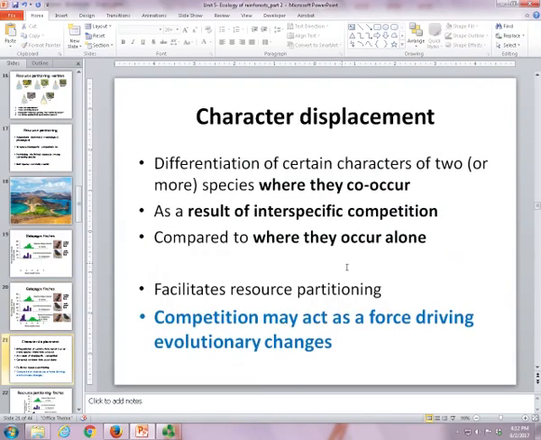And we call this phenomenon character displacement. So basically, it's the differentiation of certain characters of two species where they co-occur as a result of interspecific competition, and we have to compare it with the locations that they occur alone. So if you go back,